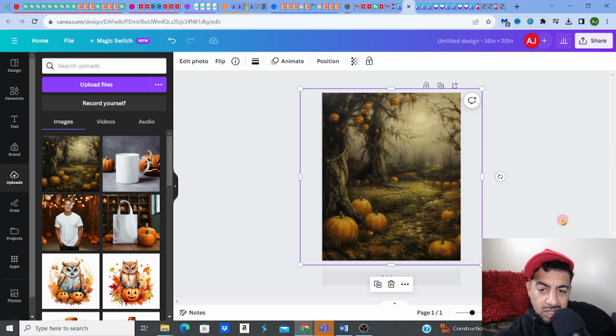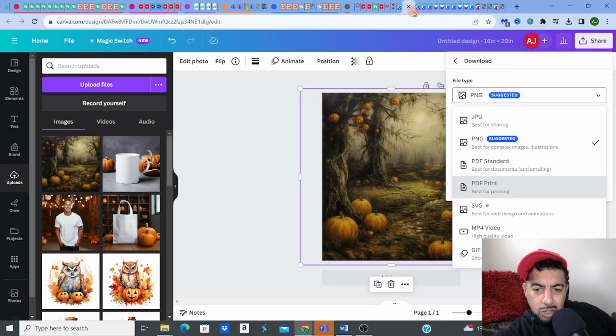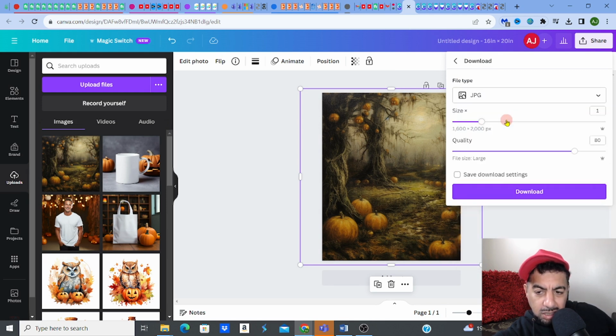So what I would tend to do is go to download. What you'll find is they tend to offer it as a JPEG or a PDF, in terms of the wall art. This one I'm going to do as a JPEG. Here you can increase the quality size. Generally you want to make sure that you've got the maximum quality